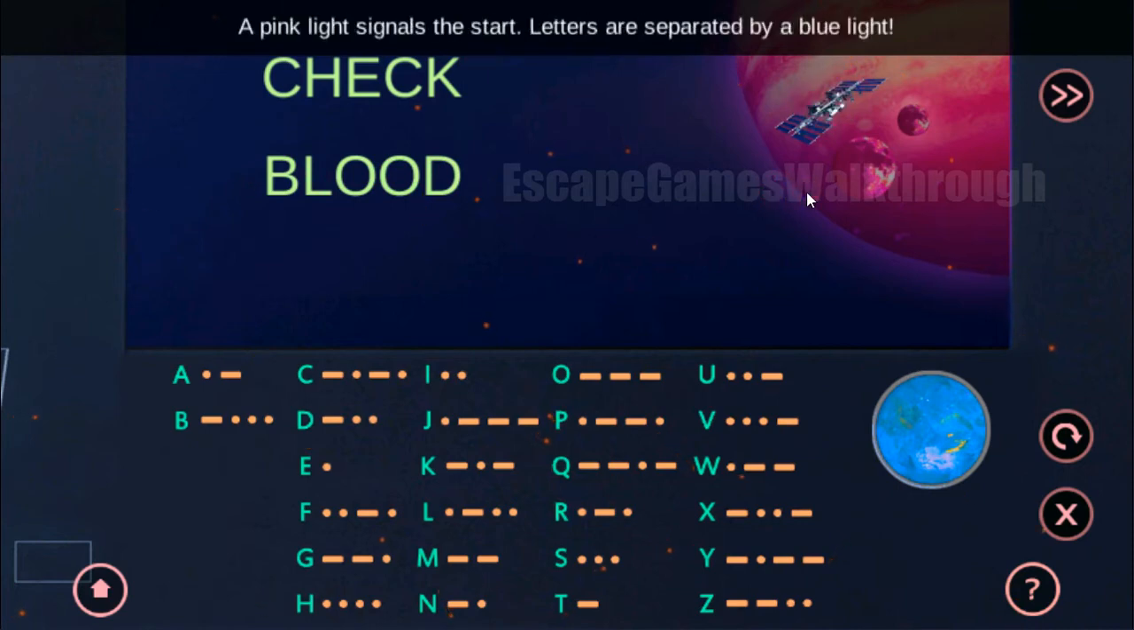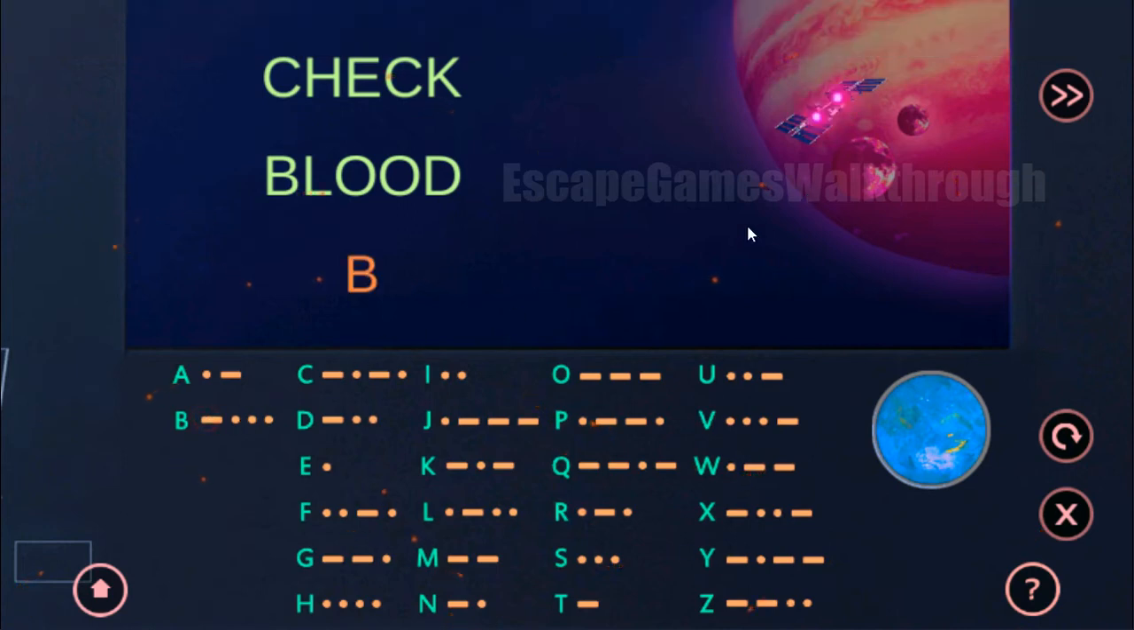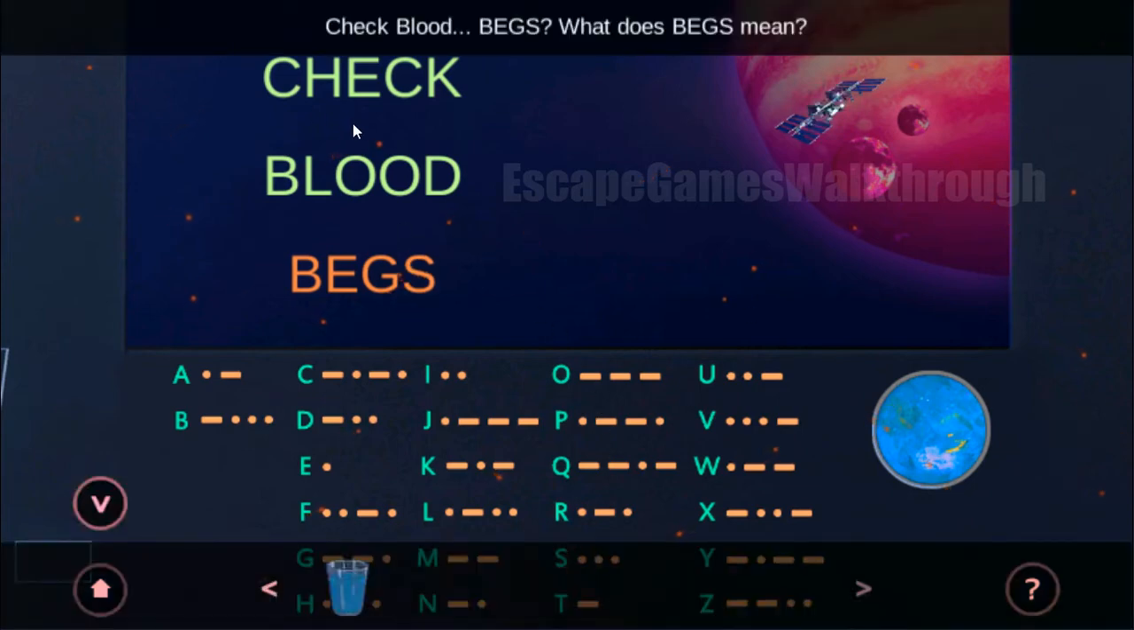dash dot dot dot, it's letter B, dot dash, and 3 times, then E, dash dash dot, and letter G, and 3 dots is letter S. So check blood bags. So what bags means,